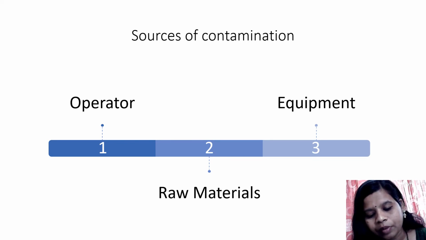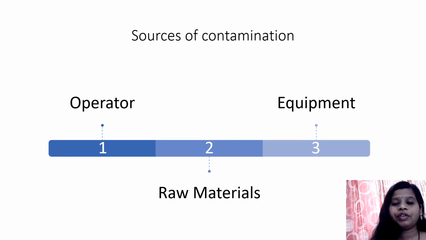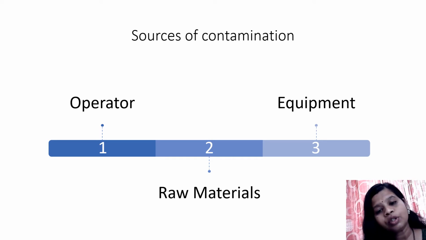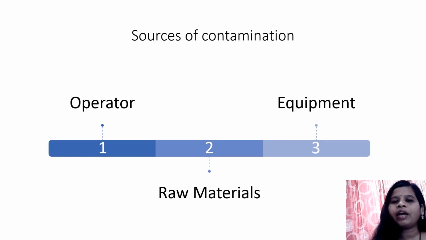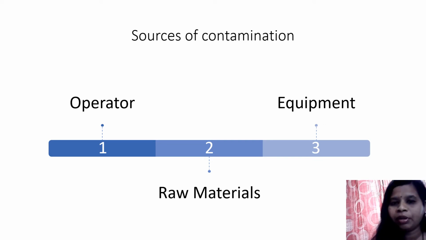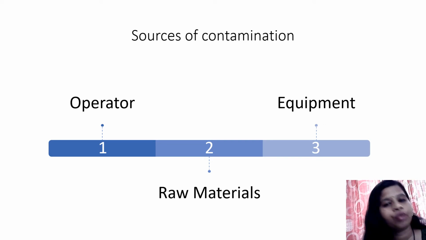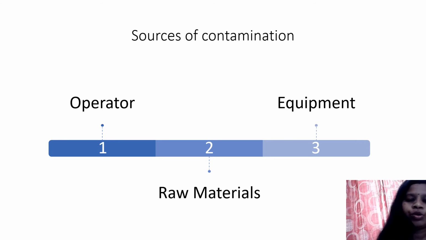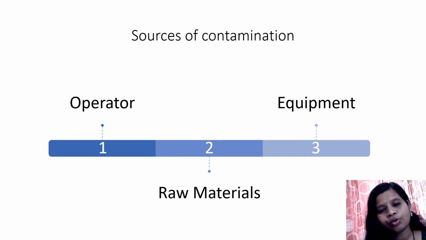Then sometimes the raw material has some microbial contamination inside it, so this will also act as a contaminated raw material. Or sometimes the source of raw material also has some type of contamination by bacteria or some other chemical, so these must be removed from the raw material, and then the raw material must be used. Or sometimes the water may also behave as a source of contamination, so instead of using the